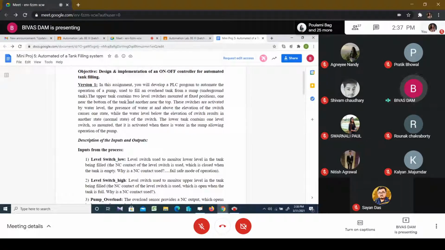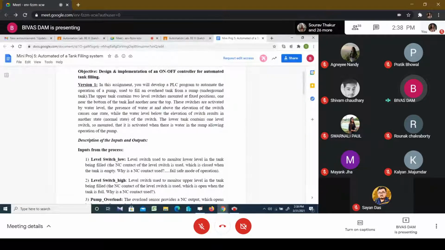One is the auto mode, the other one is the manual mode. So that means there will be one switch which will indicate in which mode the motor should be now. If it is 1, it should be in auto mode. If it is in zero mode, it should be in the manual mode. Now, when the system is in auto mode, when the pump should become on,